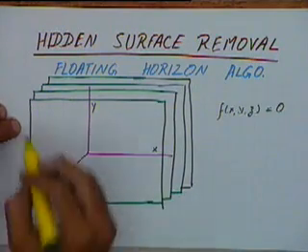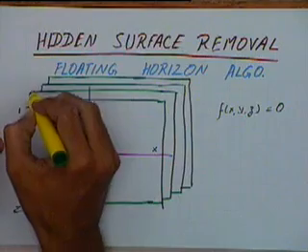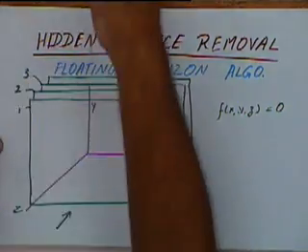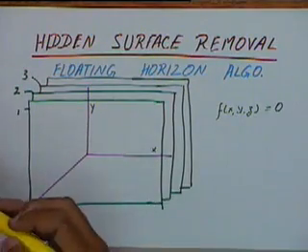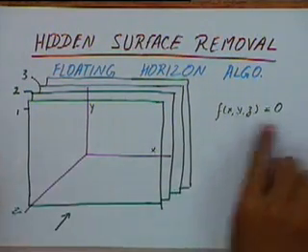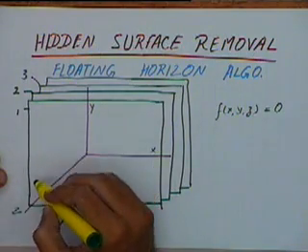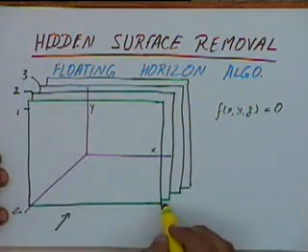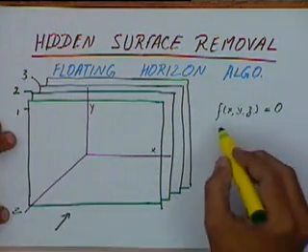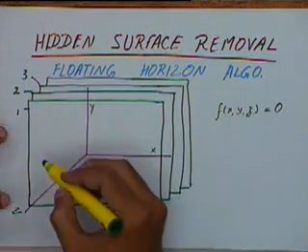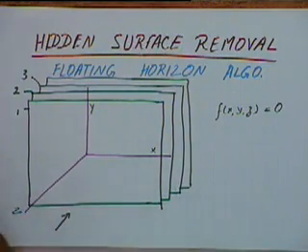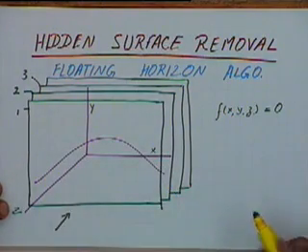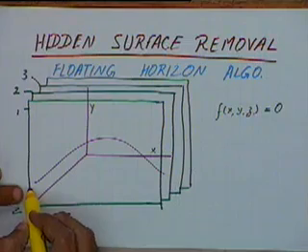If I am looking at it from this side, this is the first plane that we will take, the next plane will be just behind that, the one after that will be further behind. And if we have a surface given by this, we can get the equation of a curve as we will see it in each successive plane. If I see the intersection of the first plane with this surface, I might get a curve like this. This is the curve for the intersection with the first plane.